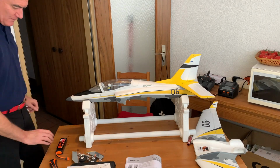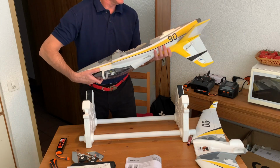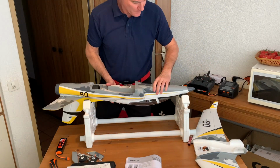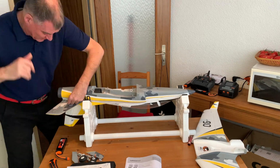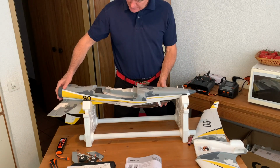Yes, and everything will work better. Okay, let's connect the elevator. Let's do that on this side. Let's connect the left elevator. And connect, we can assemble